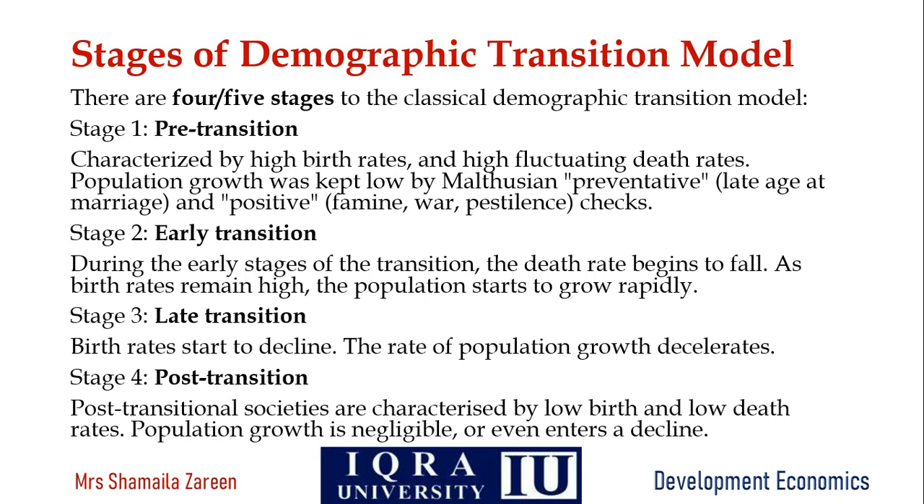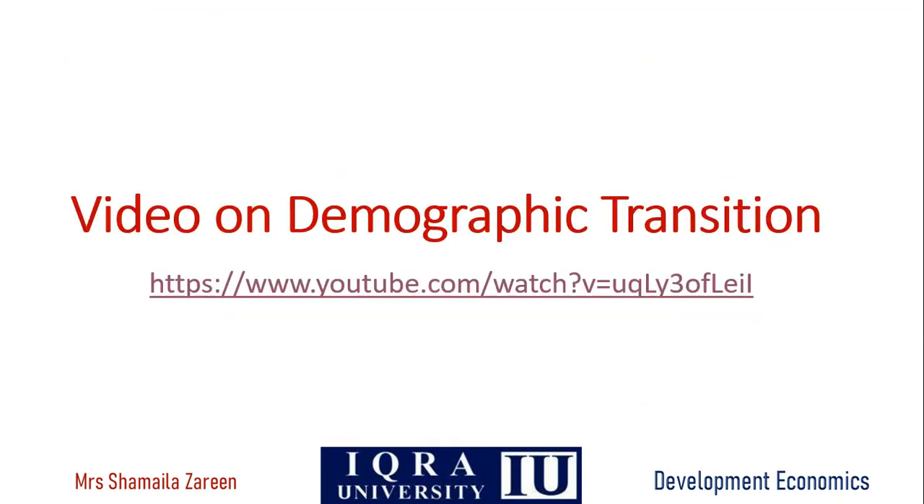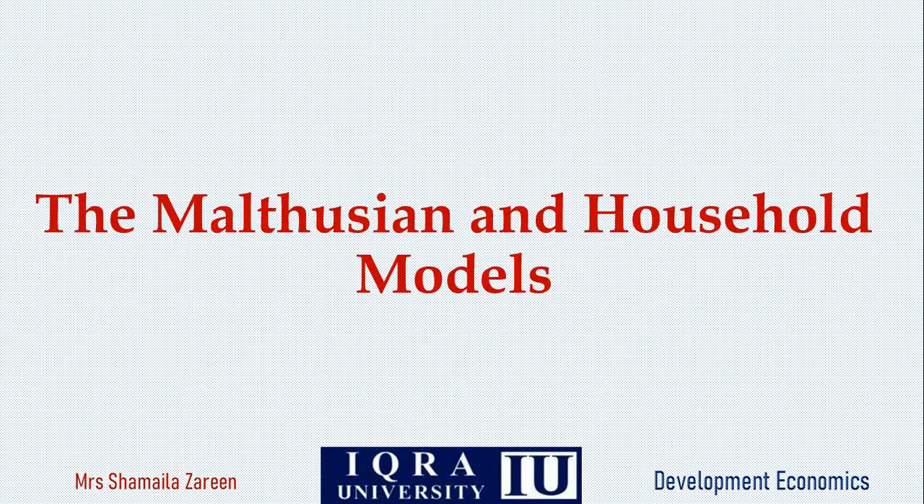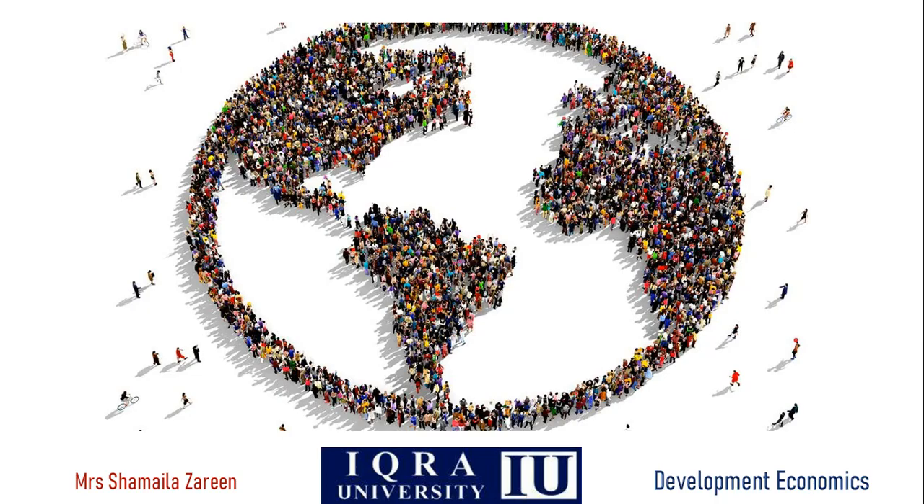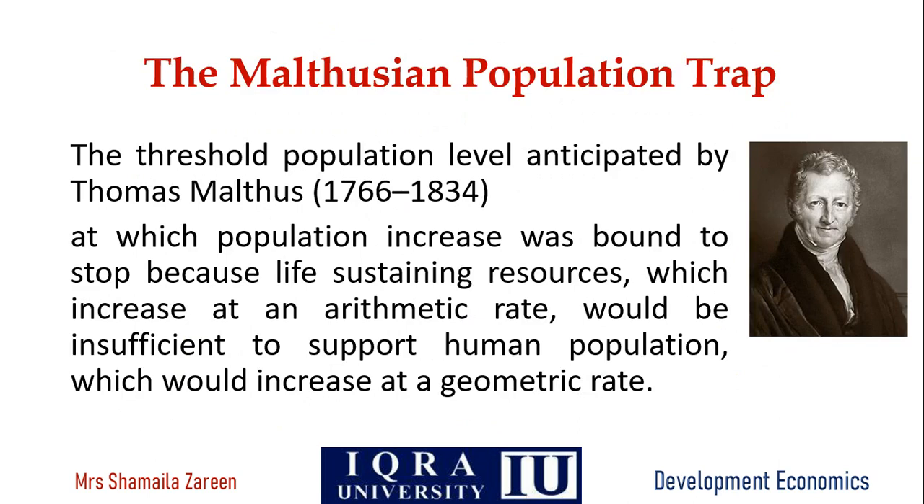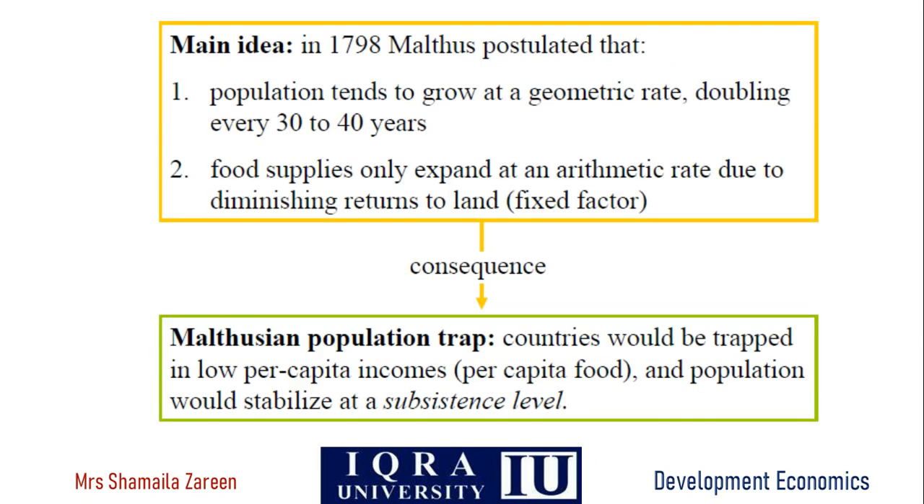So here we have discussed the five stages of the demographic transition. Then the topic of interest is the Malthusian and household models. I have discussed the Malthusian theory in the previous lecture. First of all, I will tell you that this was made by Thomas Malthus, who says that the population will increase at a geometric rate, and the food will increase at an arithmetic rate. That's why there will be food shortage, and that main idea was